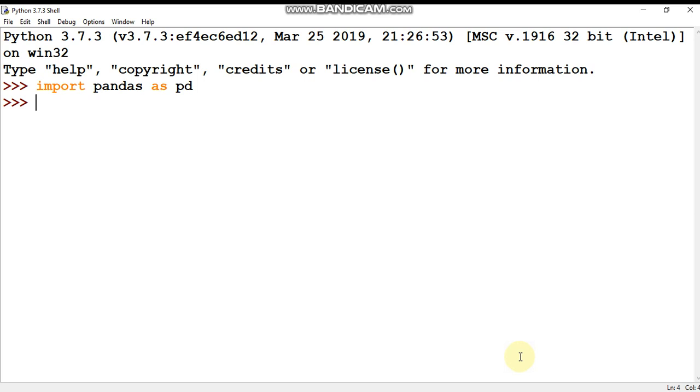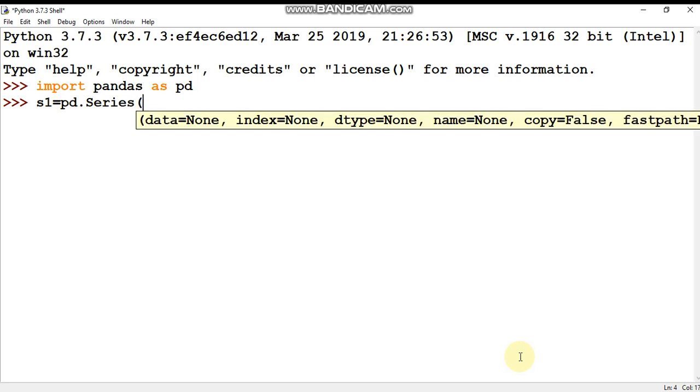So now I'm going to create one series, that is s1 equal to pd.Series, and via a list I'm going to create it. Suppose the list is 1 2 3 4 5 6 7 8 9 and 10.